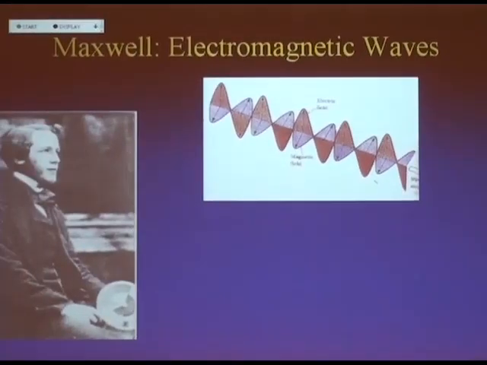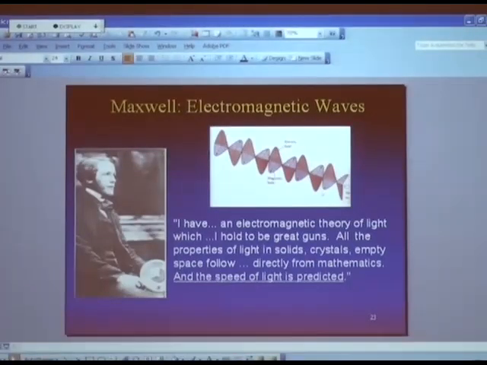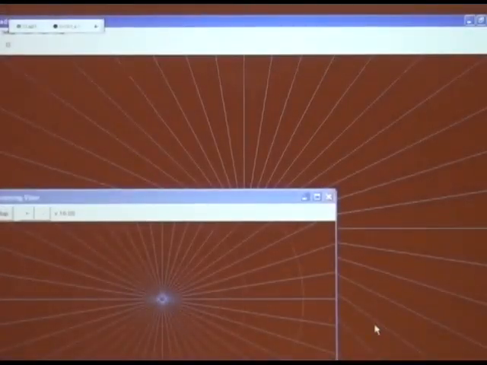Now, come to the final experiment, and this is going to be a simulation. Actually, I'm going to do a simulation first and then an experiment, where we come to this guy Maxwell, who said, moving charge, electric current, produces magnetism. Moving magnetism produces electricity. Electricity and magnetism are one and the same thing. And he calculated from these electric and magnetic fields what should happen if you have a plus and a minus charge constantly moving back and forth. I'm going to visualize that for you with this very nice tool.